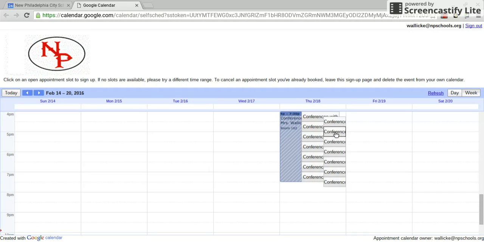And here we go. Now, because I followed the link while logged in as myself, it's already showing my block. This block would not show up to parents if they clicked on the link. They would not see this. They would simply see these appointment slot options over here. And if you hover over any of them, you'll see, like this says, February 18th, 4:15 to 4:30. But basically, it's first come, first serve, and all you have to do is click on it to claim your spot. So if a parent were to click right here,